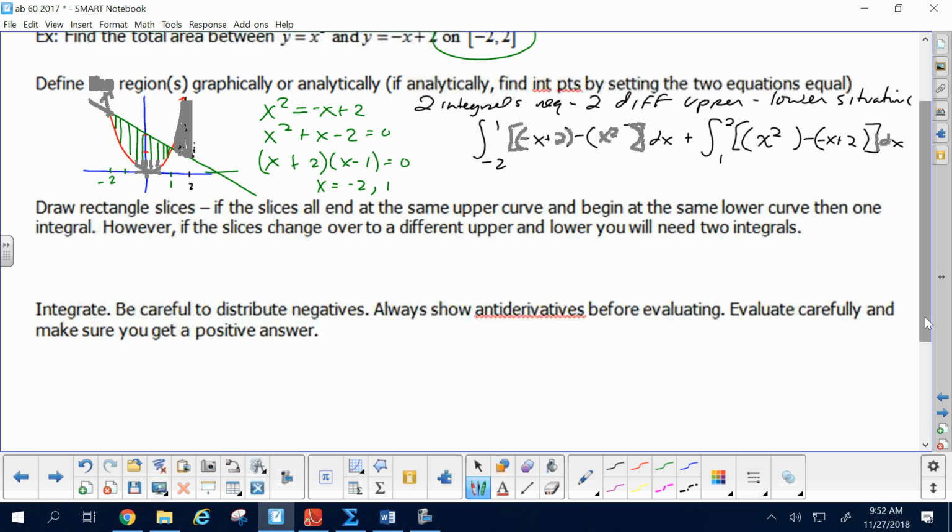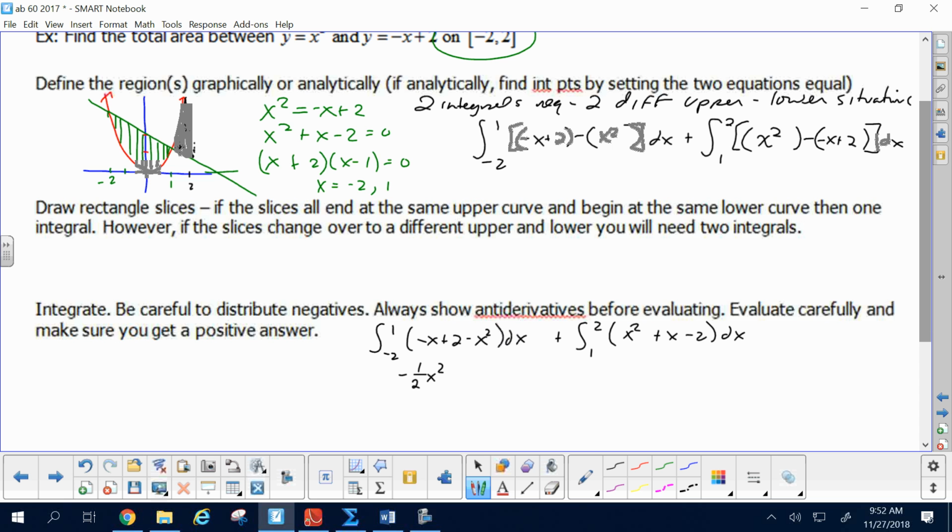We have two situations. Be careful to distribute the negatives before you integrate. Make your life as easy as possible. So the first integral is -x plus 2 minus x squared. The second integral from 1 to 2 is x squared plus x minus 2, if we distribute the negative properly. When we integrate,